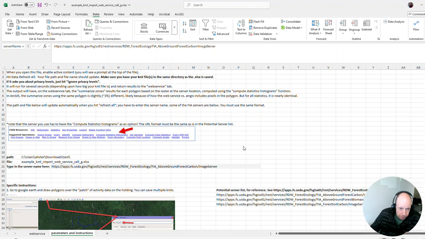So I've added that KML file. I hit refresh all. The first time you do this, you might get a little box that pops up that says, oh, what do you want to do about privacy? And you have to click ignore privacy concerns or something like that. That's just some function. I don't understand how to turn that off, but anyway, I just hit the ignore privacy and it works. So now that I have refreshed all, I'll go to the web service tab and I should